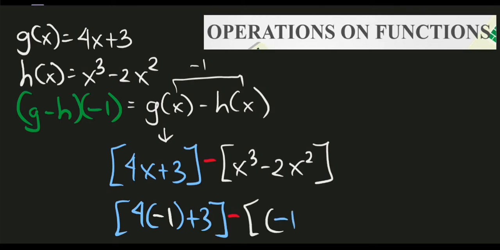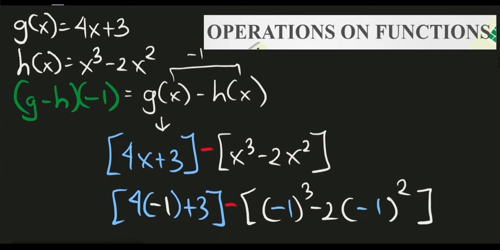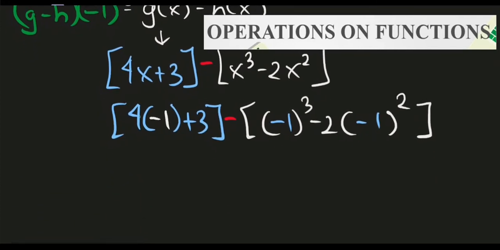Okay, so it will give us negative 1 cubed minus 2 times x, or negative 1 again, and we have this squared. Alright, so let's simplify this given value. So again, to simplify this, we have 4 times negative 1, that is actually equal to negative 4. So it will give us negative 4 plus 3